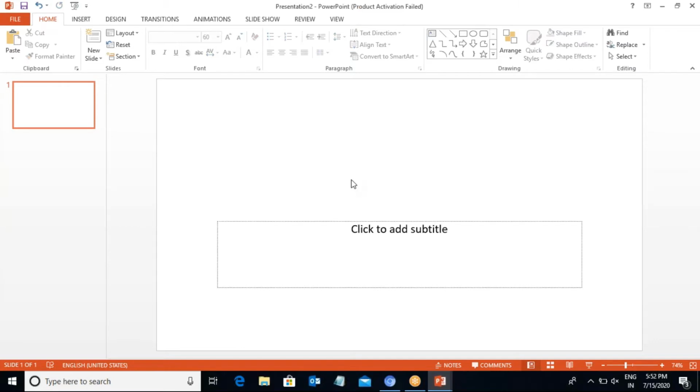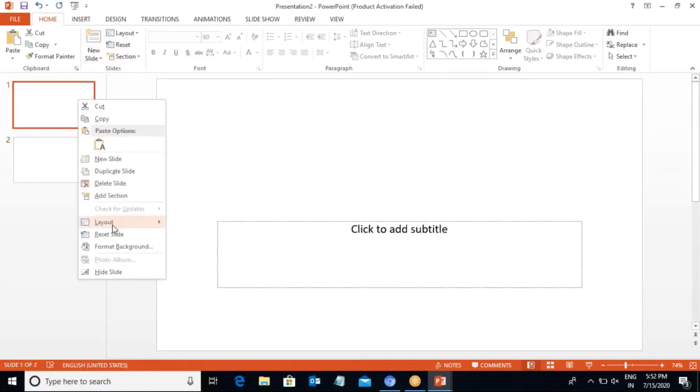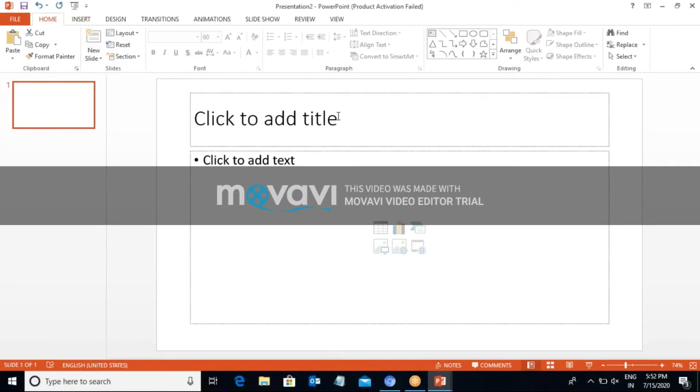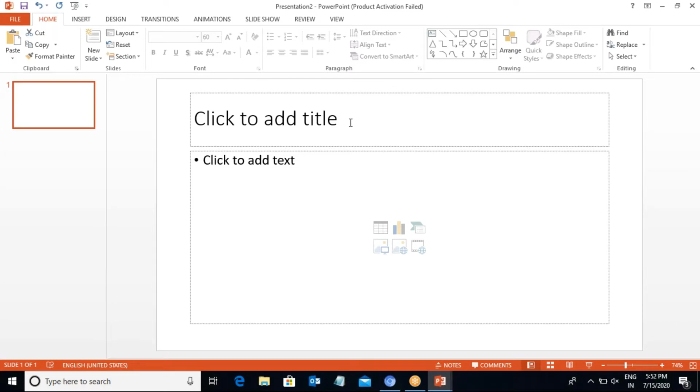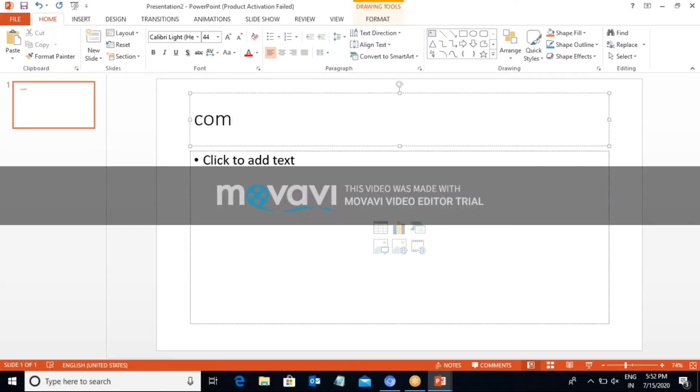First we click to add the title and second to add the text. It depends on you. First, we double-click and type a text, for example, computer.